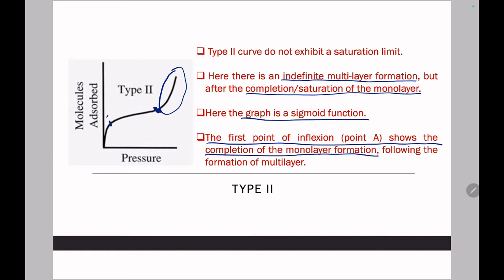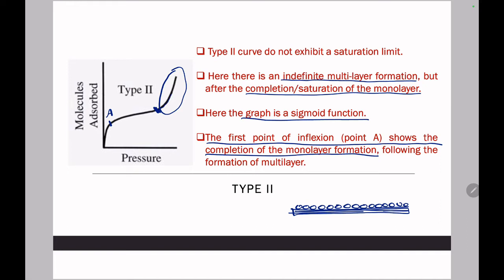This is a point of inflection A. So after A, unlike type 1, there is no saturation limit. The case may be represented like this. Suppose this is the surface of the adsorbent, a monolayer is formed first like this, and this is shown by the point of inflection. The point of inflection shows the completion of the monolayer formation, and after that